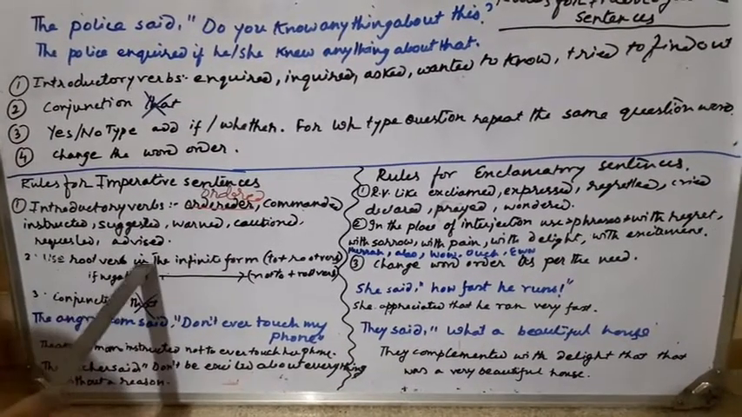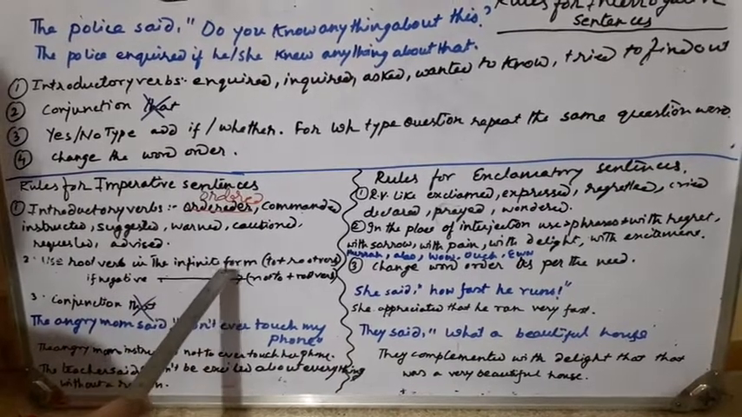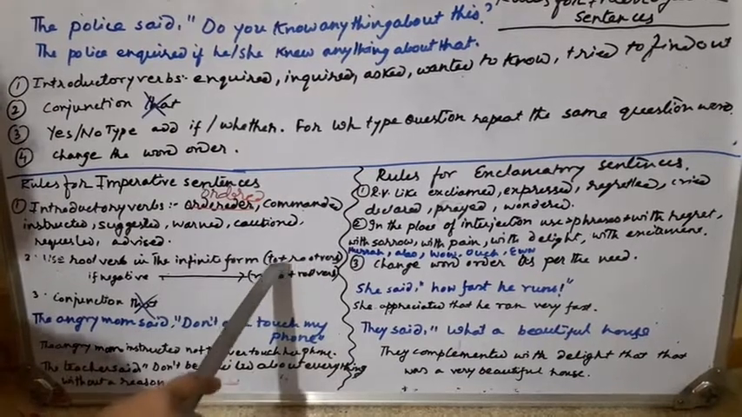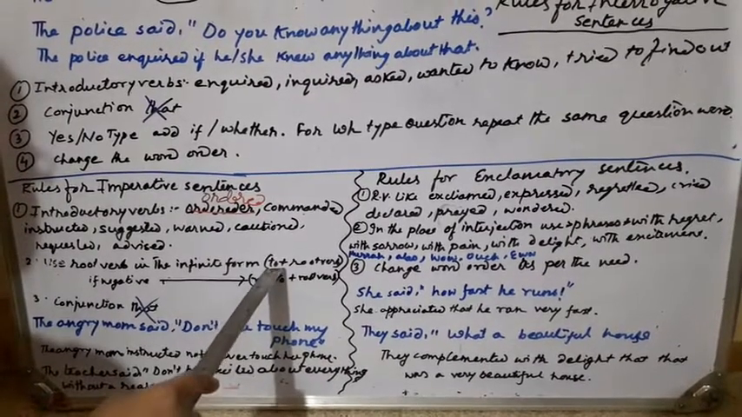Then what will be the changes you need to make? Use the root verb in the infinitive form. Infinitive means the root form plus to. Before the root verb you will have